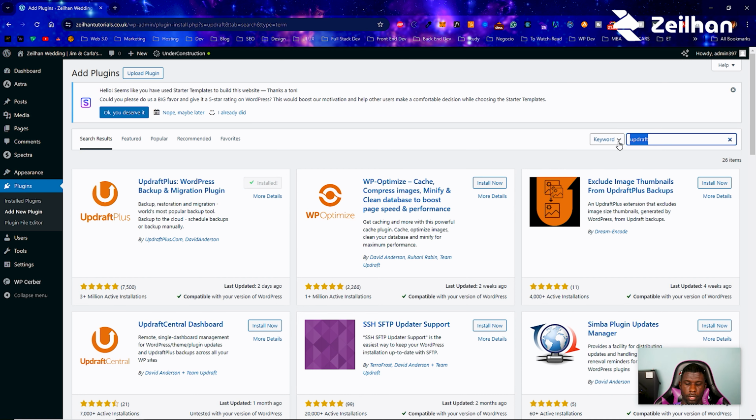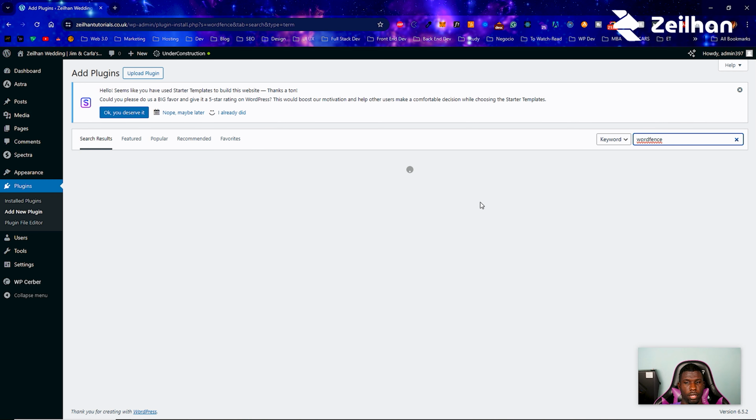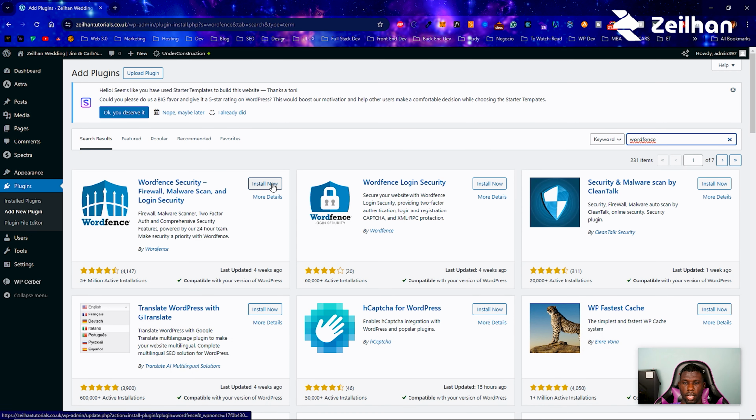And I'm going to go with Wordfence for this one, guys. Wordfence is a very popular WordPress security plugin. So let's go ahead and install right now. 5 million installs, which is really beautiful. Actually, I'm not going to use Wordfence because Wordfence has a roundabout way of installing. So I'm just going to go with,